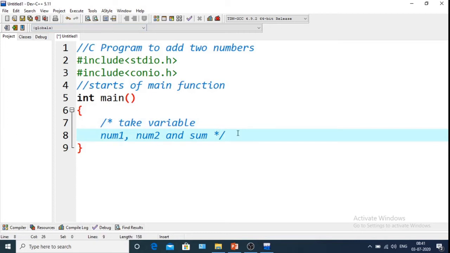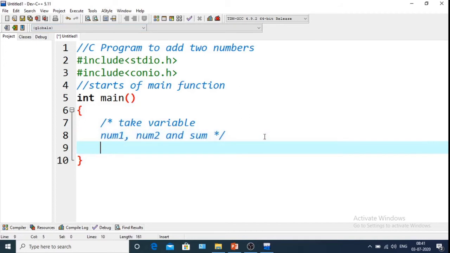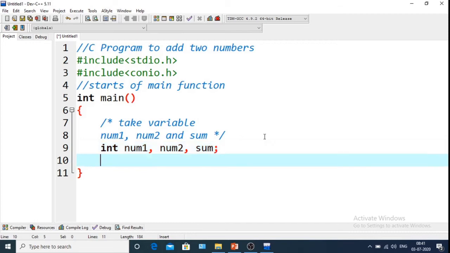Okay, this is a multi-line comment. So let's take variables num1, num2, and so on. Okay, next we will take the input values, printf backslash n, enter two numbers.